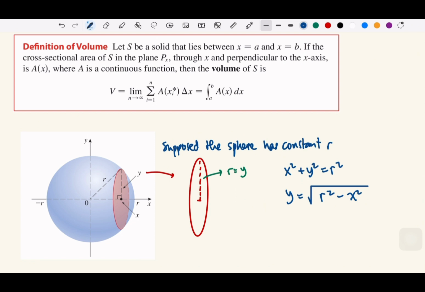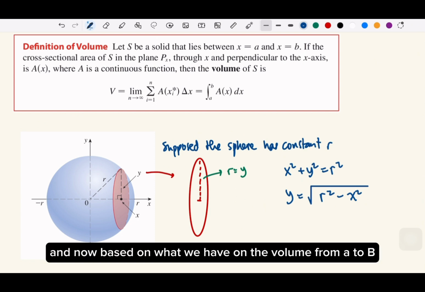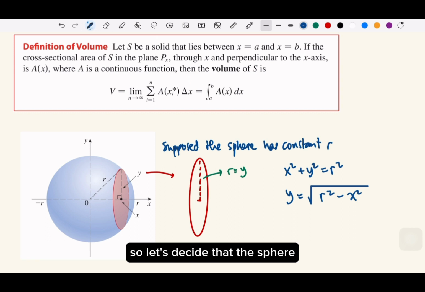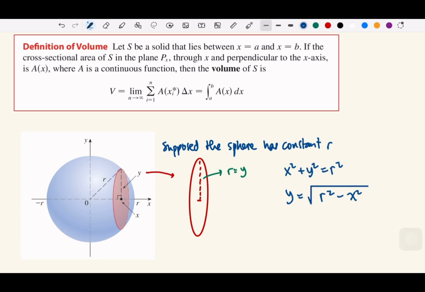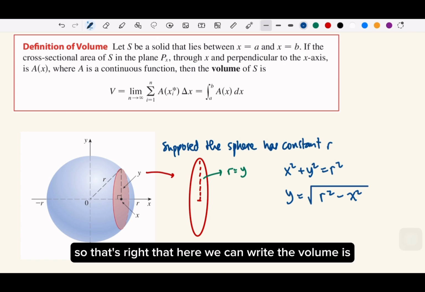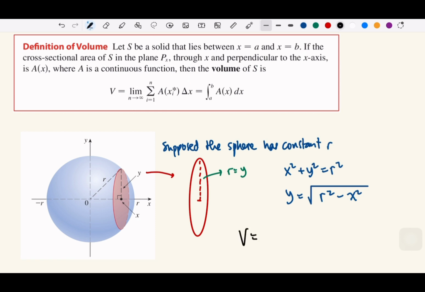Okay? And now, based on what we have on the volume from a to b, let's decide that the sphere will go from negative r to r. So let's write that here. We can write the volume is